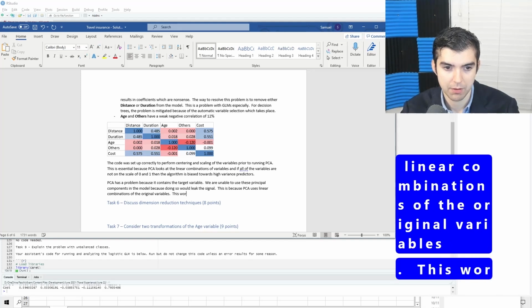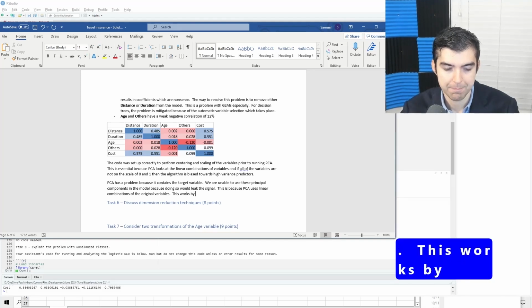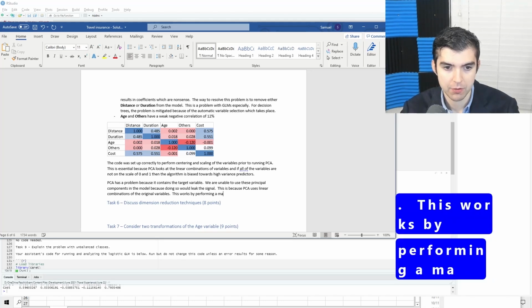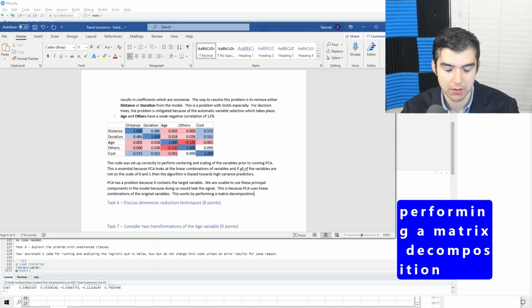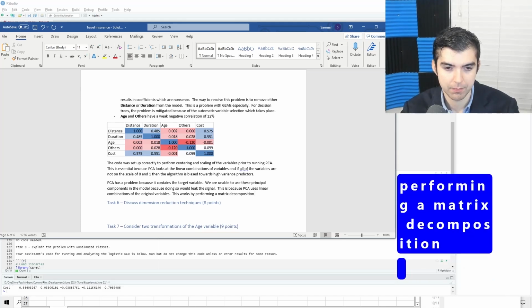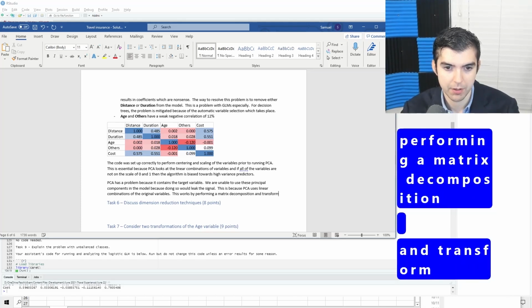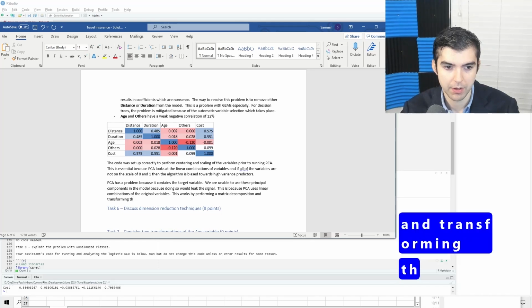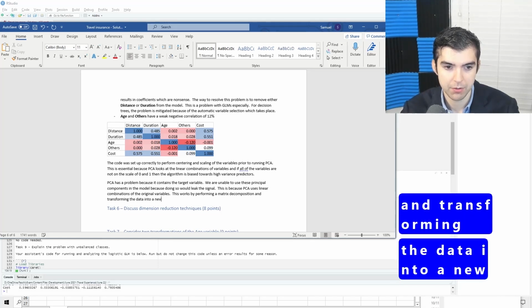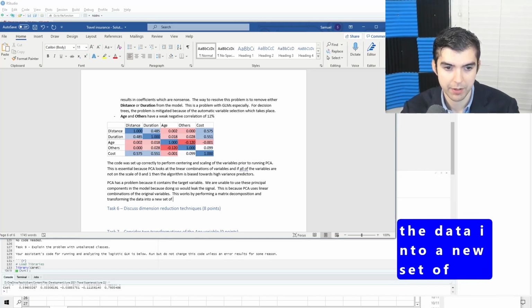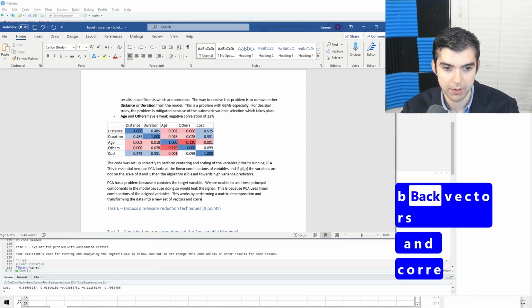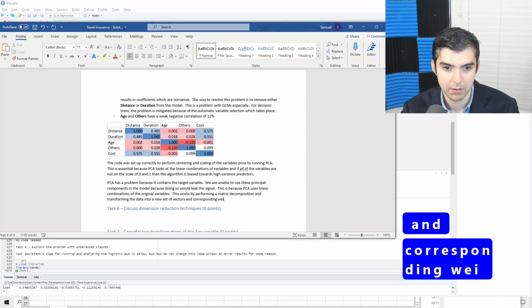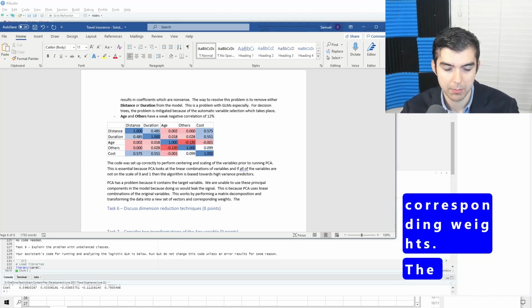This works by performing a matrix decomposition and transforming the data into a new set of vectors and corresponding weights.